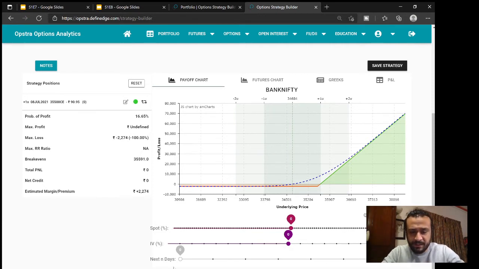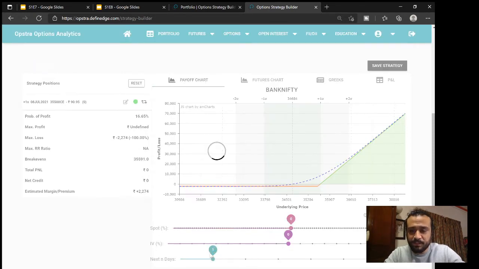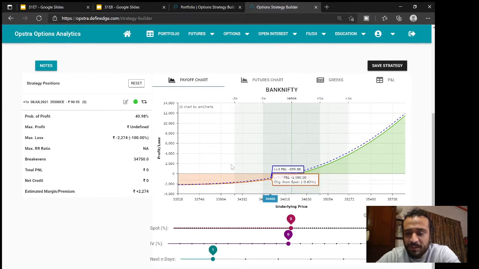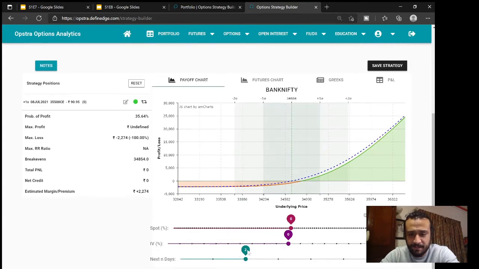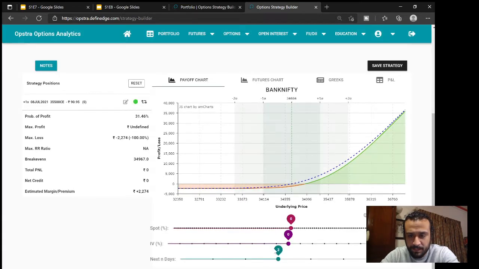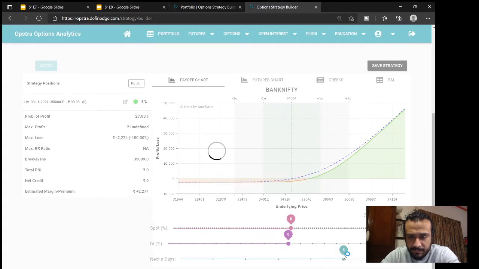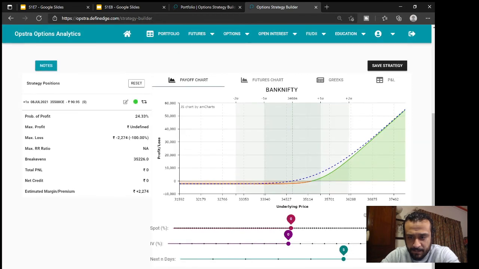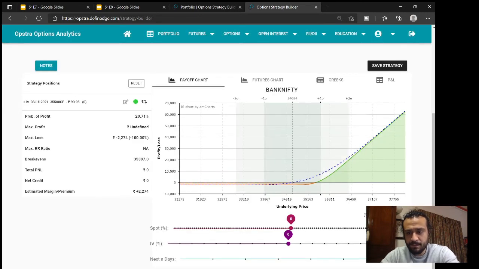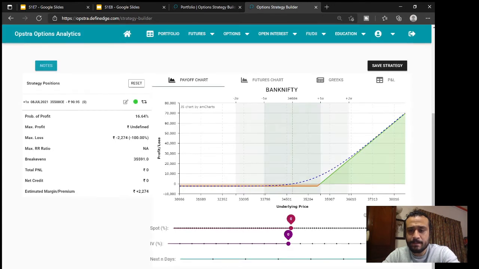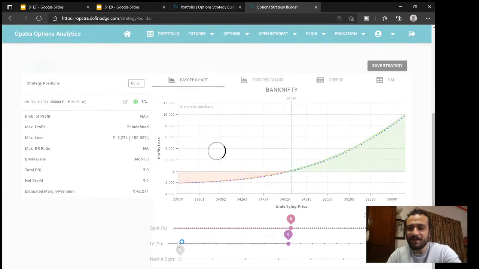What I want to show you here is how this trade will behave in the next few days. Say tomorrow, what happens? See, tomorrow the trade looks different. Let me just drag one day by the other. Just look at how the graph changes. Is this clear? So essentially, every day the price doesn't move up, okay, your loss starts widening.